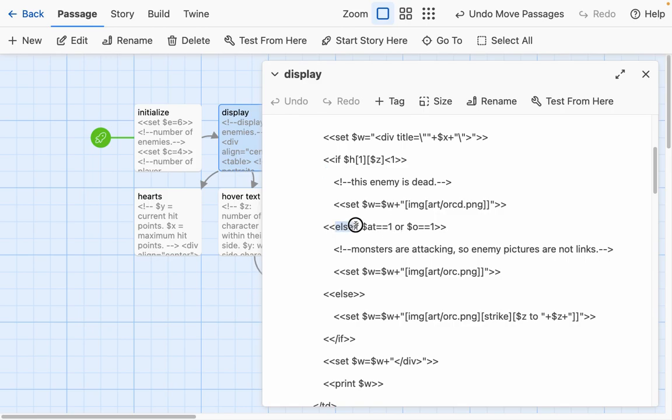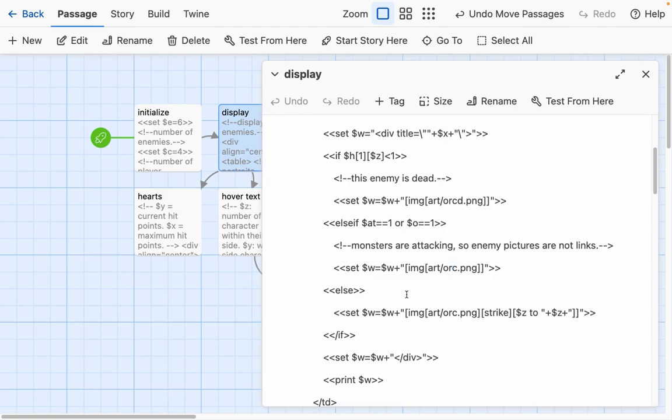And this is the new thing. It used to say else if $AT equals 1. Well, now it says if $AT equals 1 or $O is equal to 1, then we just print the image orc, which is the picture of the living enemy. Otherwise, we print the picture orc, but it's a link. So the only new thing is